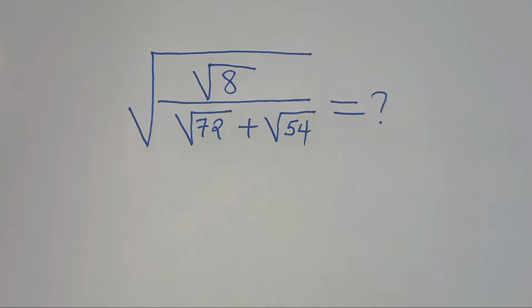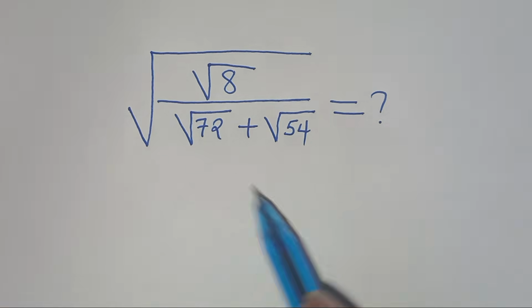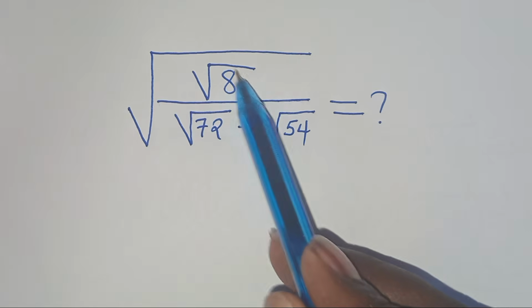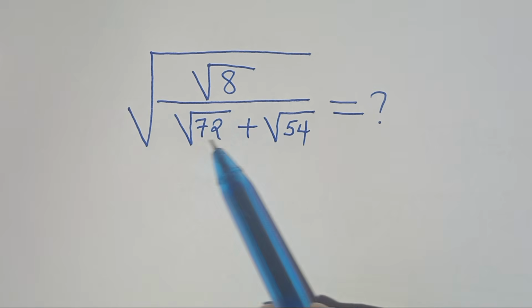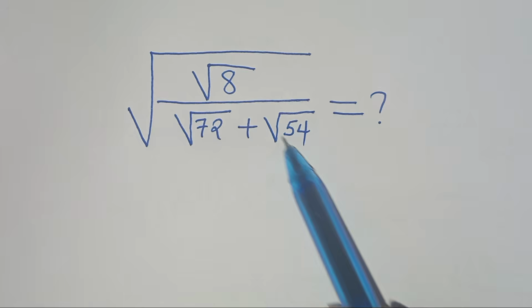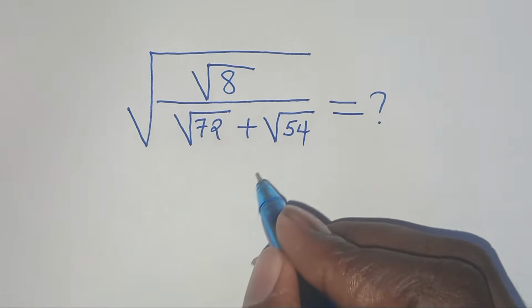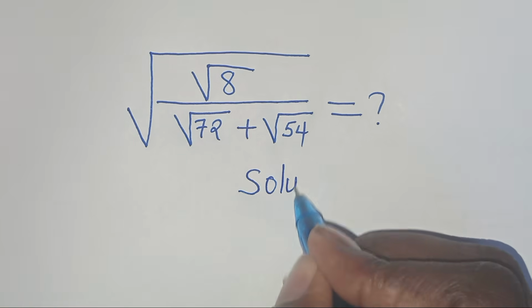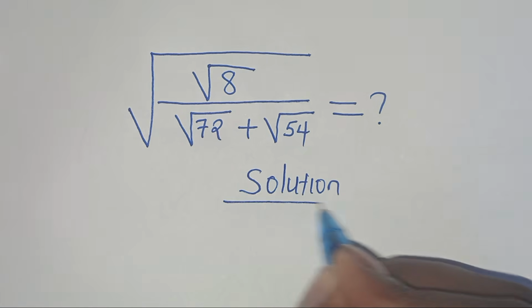You're welcome to solve this nice square root math problem, which is the square root of 8 divided by square root of 72 plus square root of 54. So let's provide a solution from here. Now,